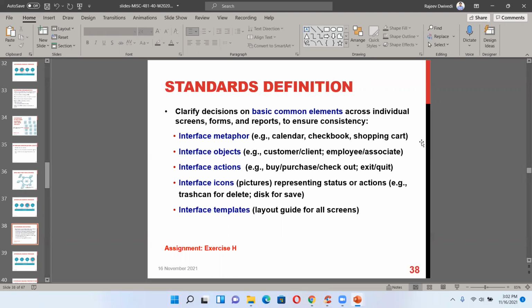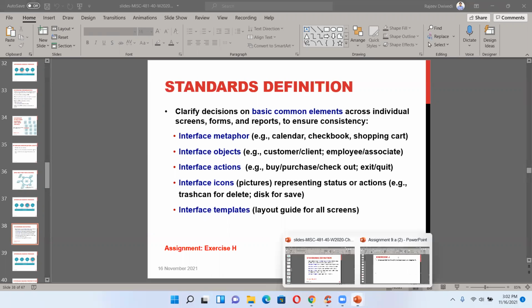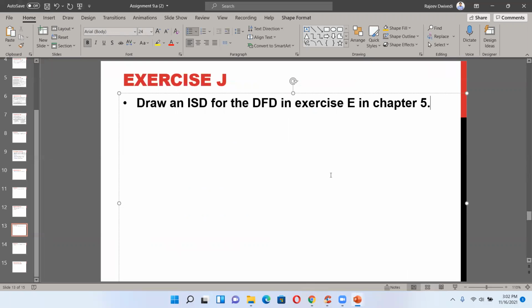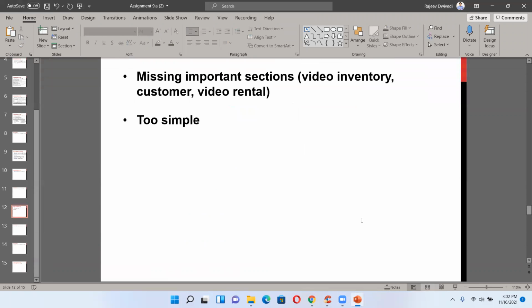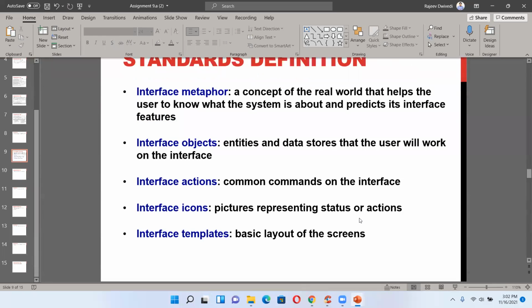So basically, this is related to exercise H. Standard, metaphor, objects, actions, icons, templates that we all use in this. So look into the question number H. Just a minute, where is H?